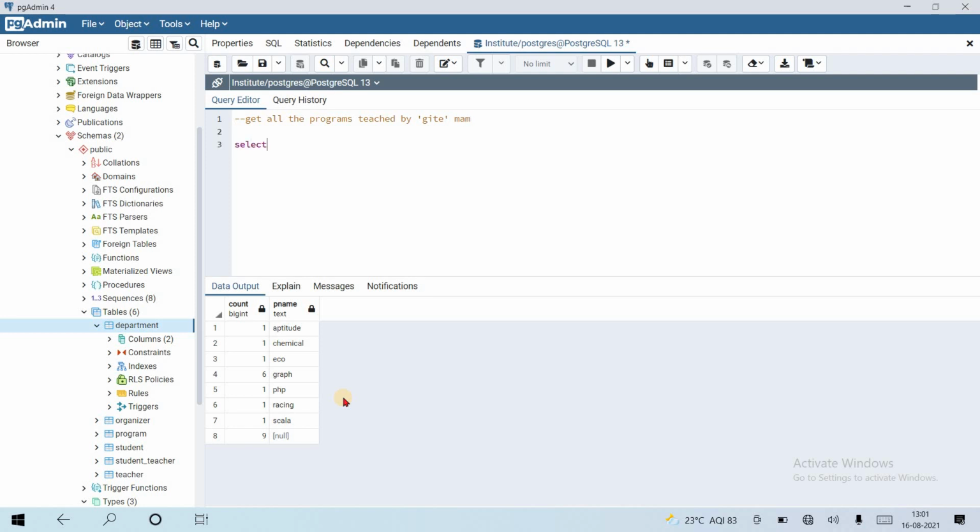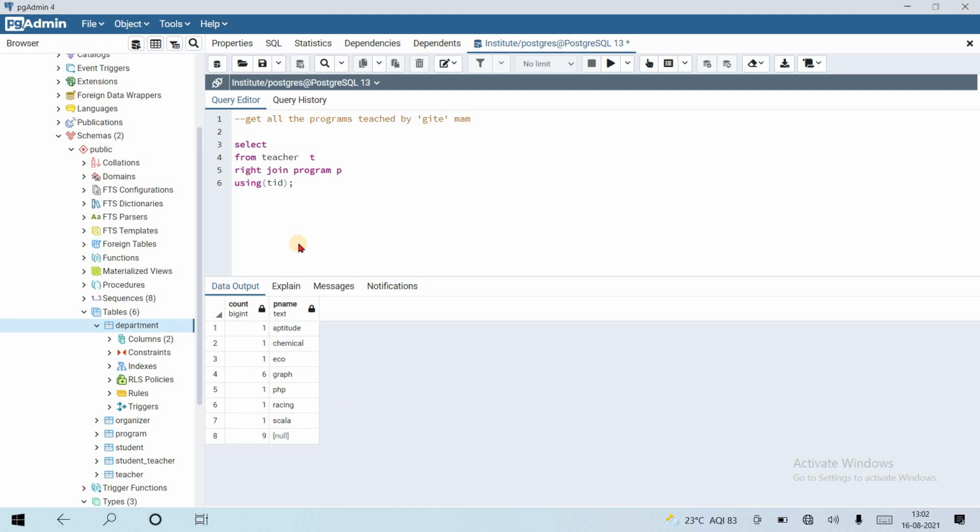Suppose we want all programs, so the first table is teacher because this is a right join: teacher right join program, because we want all programs, P using TID as the common column.